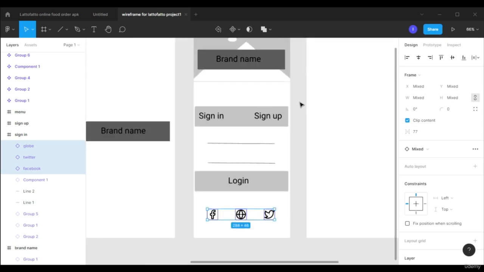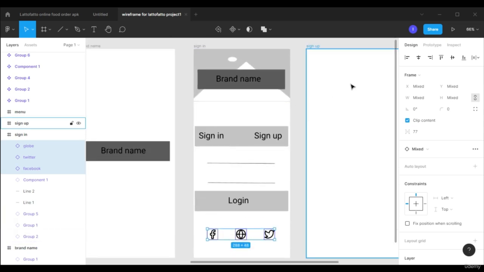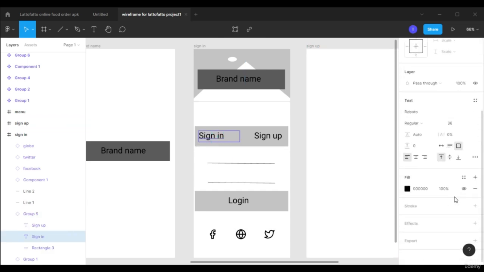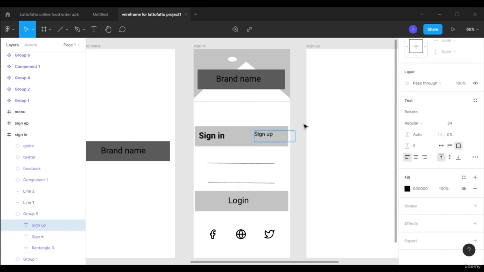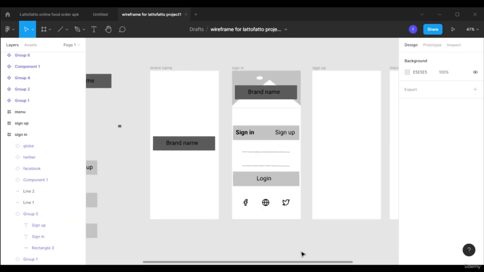In this page we have a problem. Our UI developer will not know whether this is the sign up page or the sign in page because all things are the same. So what we can do is make this sign in a little bit bold. Currently it is regular. Let's make it bold. Okay, now our developer will know this is the sign in page. So next,